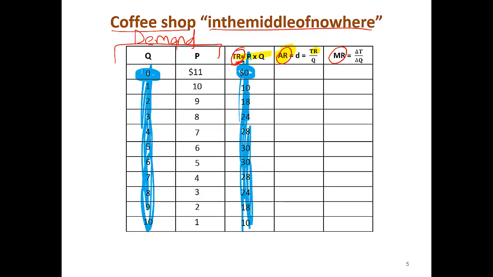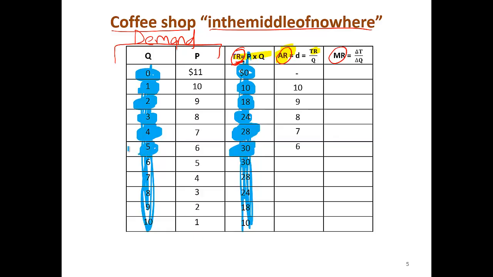Try to put it on a calculator. Total revenue 10 divided by quantity 1 is 10; total revenue $18 divided by 2 is 9; 24 divided by 3 is 8; $28 of total revenue divided by 4 cups is 7; 30